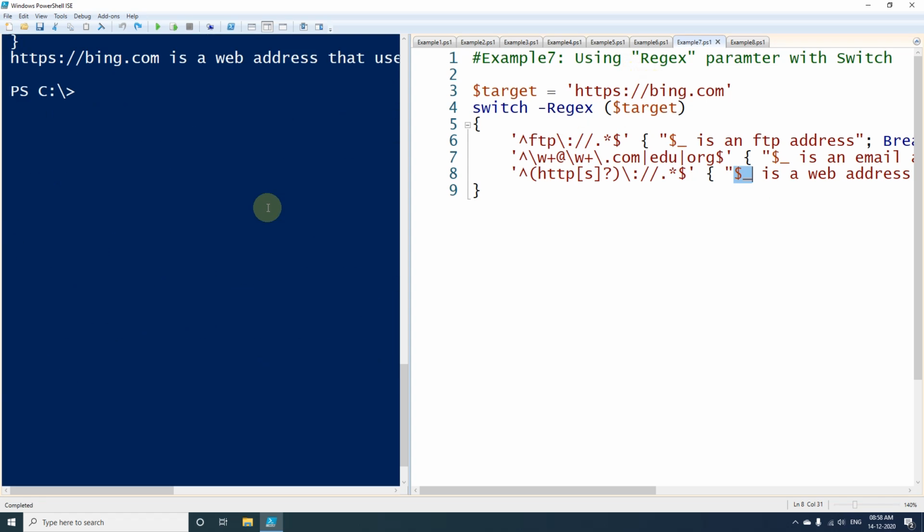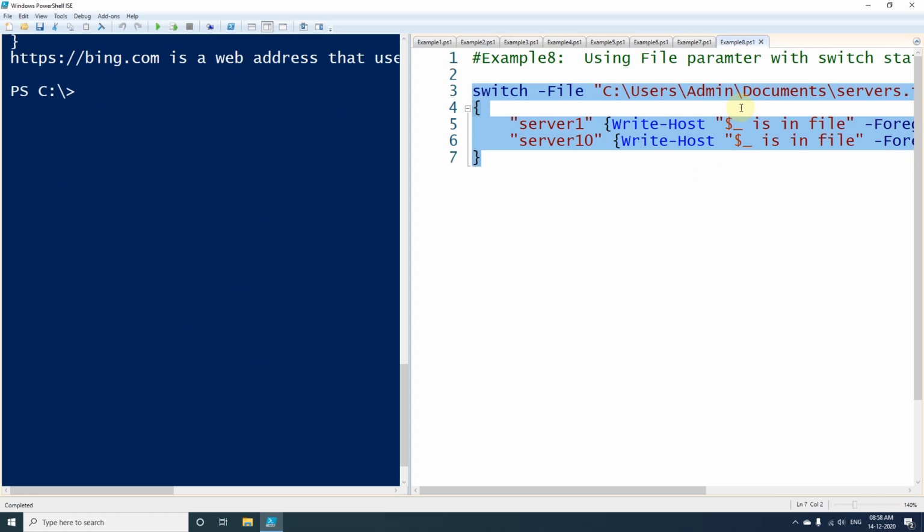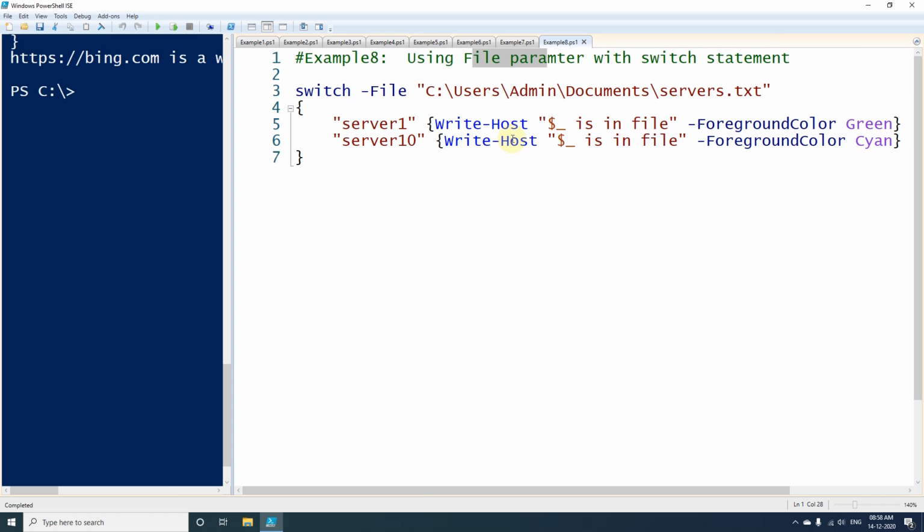Now let's move to the last example, and in this one we have used the file parameter. I had created one file under this path, and the file name is servers.txt, and in that I had just written some lines.